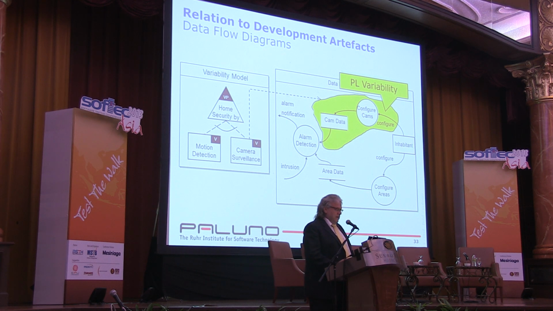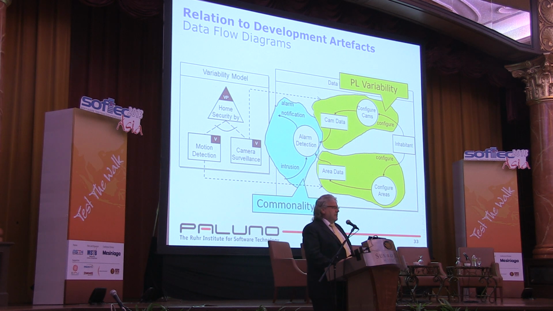In this case, the selection of the yellow concepts like the data store and the process and the data flows between. And to the motion, it's the one below, and again then you see what is commonality, namely the alarm detection, and what is variability. In this simple example, this looks very, very simple. In a real modeling context, this is a little bit more complex, and a typical rule of thumb is that the commonality is about 50 to 80%. So there's normally more commonality than variability.